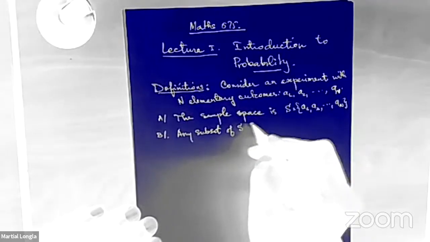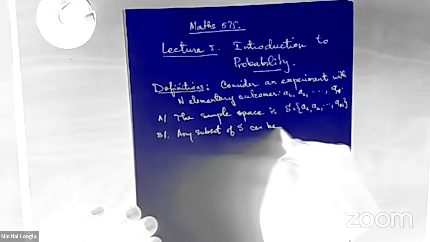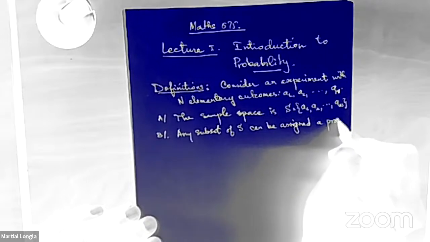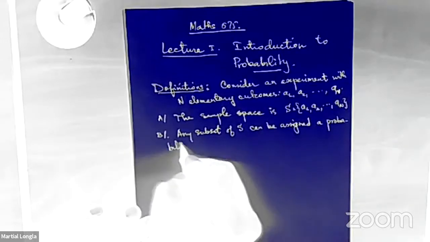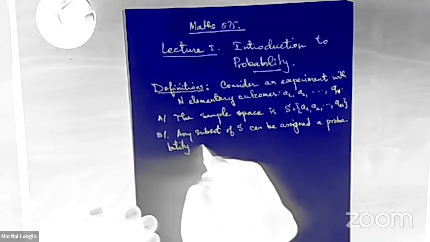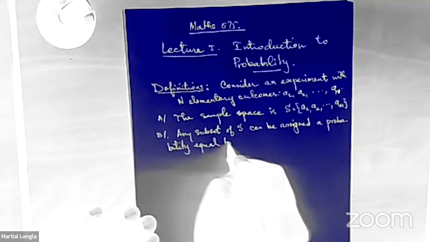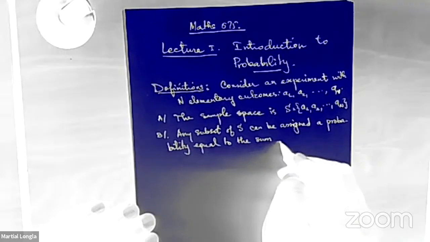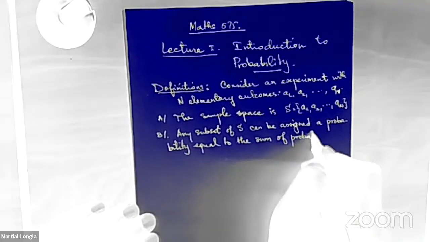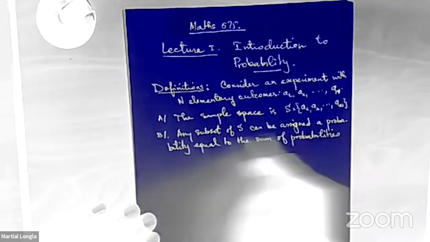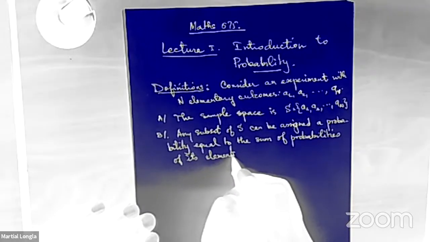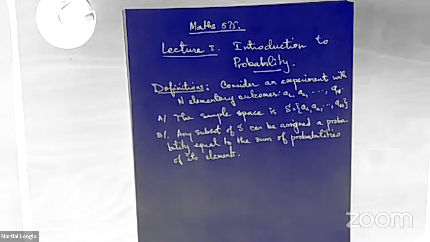So any subset of S can be assigned a probability equal to the sum of probabilities of its elements. Why? Because when we define the sample space as being the set of all possible elementary outcomes,